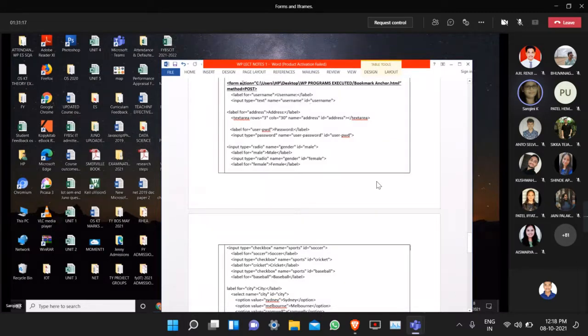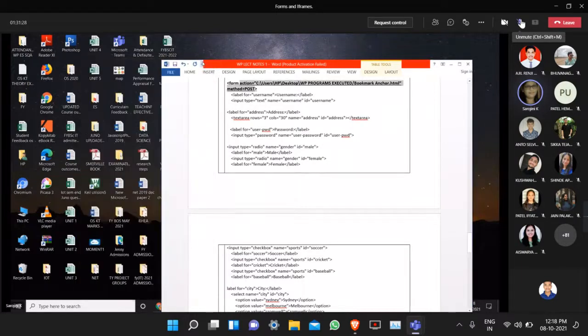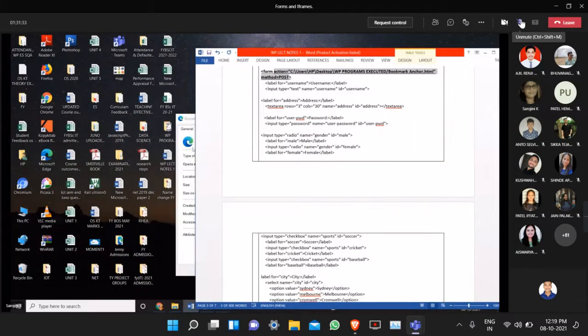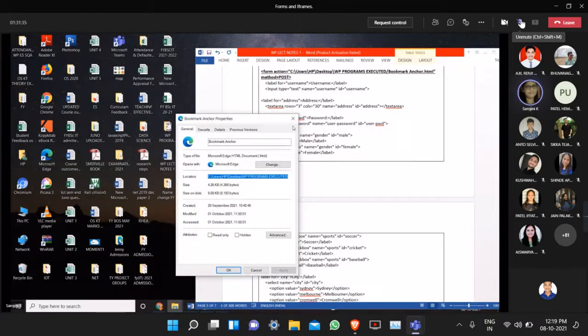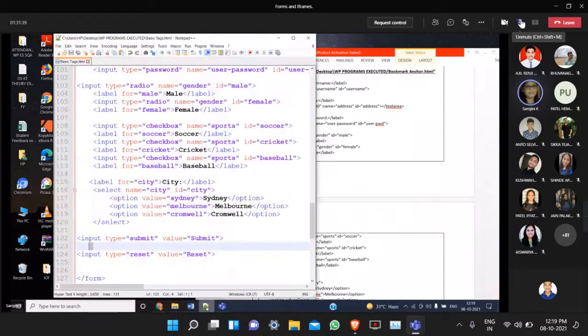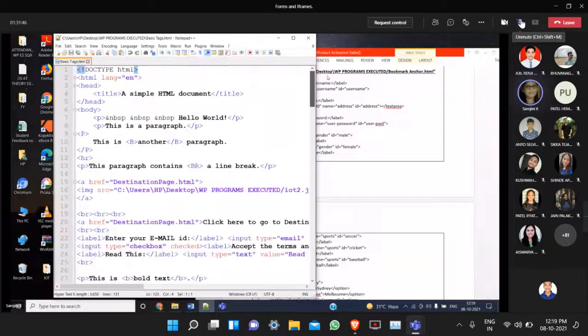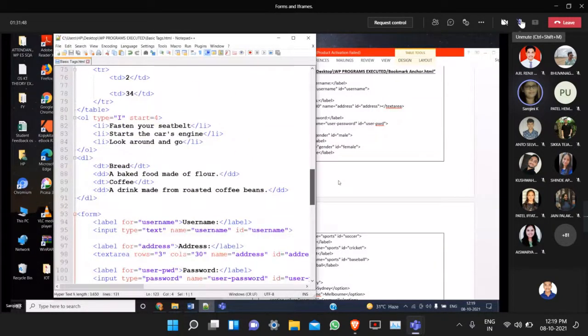Oh, I added it here. I have to add it in the Notepad+, sorry, not the Word file. I just close this. I open Notepad and I'm adding those two attributes that I have to add in the form tag.